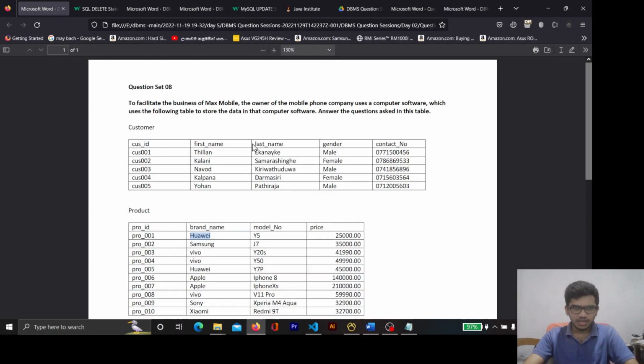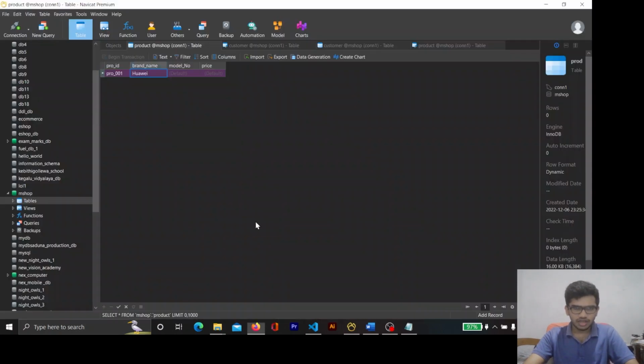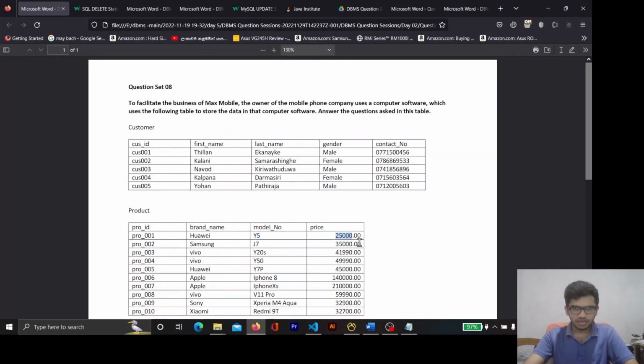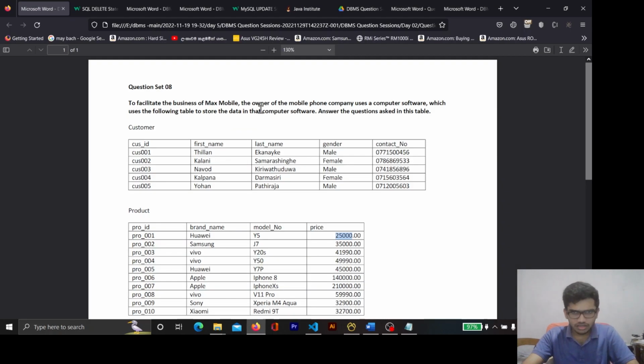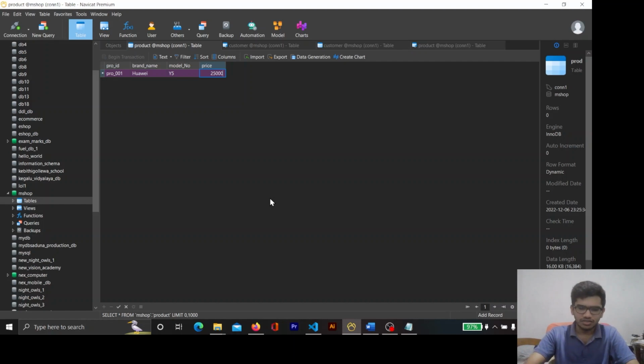Brand name is Huawei, model number is Wi-Fi, I think, and the price is this. Okay, thank God there's no comma here, so yeah,